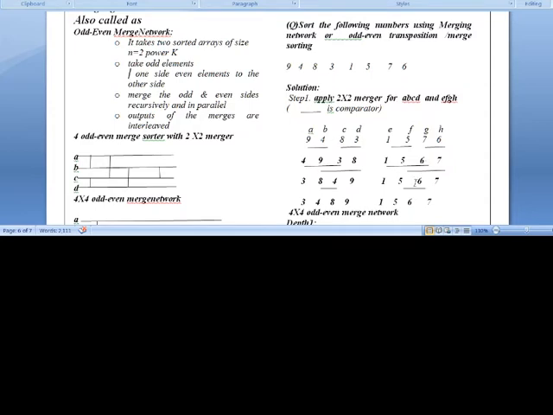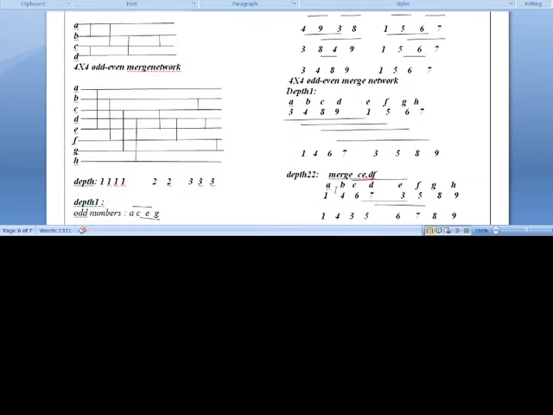Next, F to 5, 6, then you will get this one. So in the first step in the odd-even merge sort, what we are doing is, for the given list, divide it into two halves and apply the 2 by 2 merger. That means we are applying 2 by 2 odd-even merge sort. First apply the comparators to 2 elements, then odd-even, then the middle, and you will get the list. After that, we take the odd numbers on one side and the even numbers on the other side.